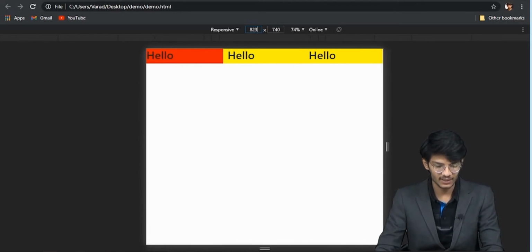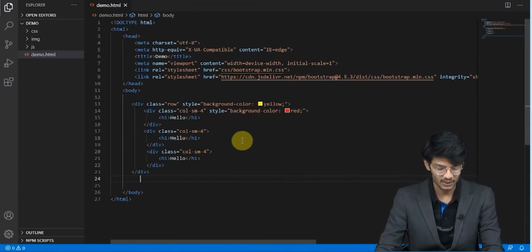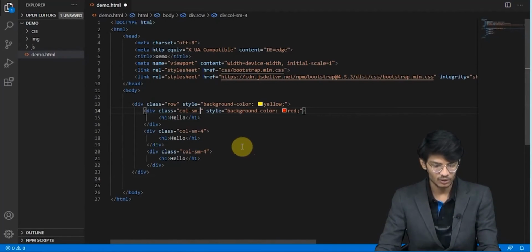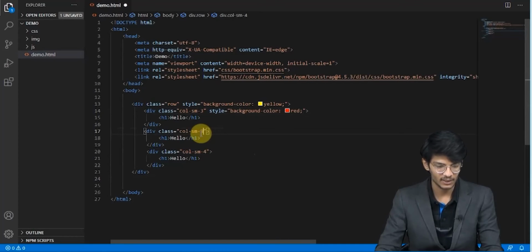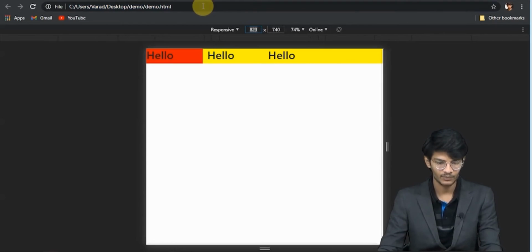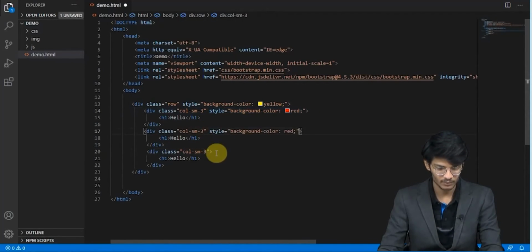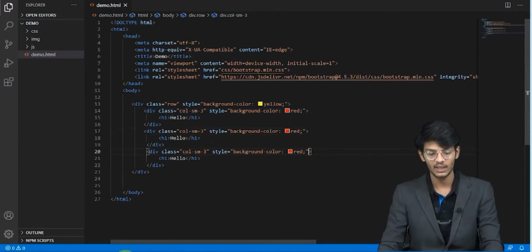So let's just try another example. We will add 3, 3 and 3. So now let's see what happens. We'll save it and okay, so what happened? Did you see anything? No. Okay, let me color that particular thing. Okay, so now I have colored the columns in red and I have colored the row in yellow.